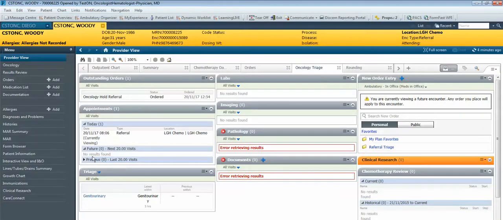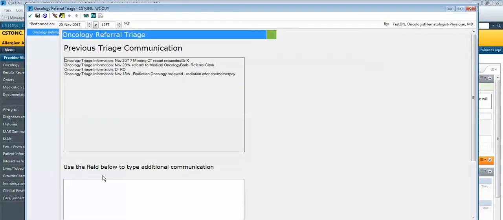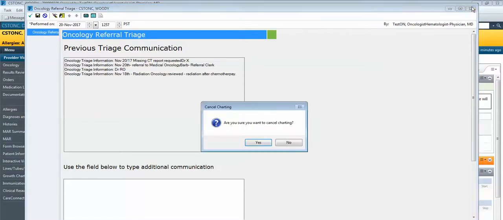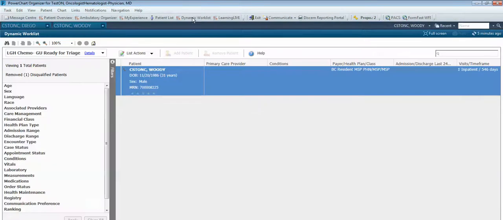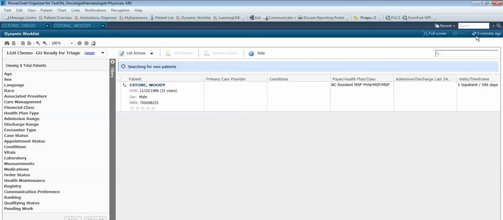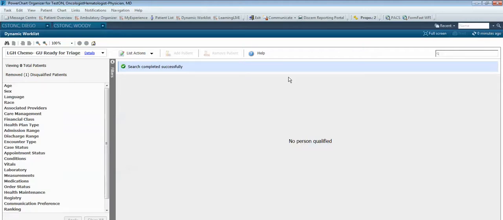We can go and click on the triage component, and beside the triage component is the upside down triangle. I will click on that to open the Oncology Referral Triage Power Form. And we can see the most recent note displaying at the top, November 20th, the missing CT report was requested. So any communication regarding the triage of this patient can be captured on this Power Form. I'm going to go ahead and X out of it. I want to cancel charting, yes. And I'm going to go back to the dynamic work list and again refresh, and we should see Woody drop off. So the triaging provider has triaged